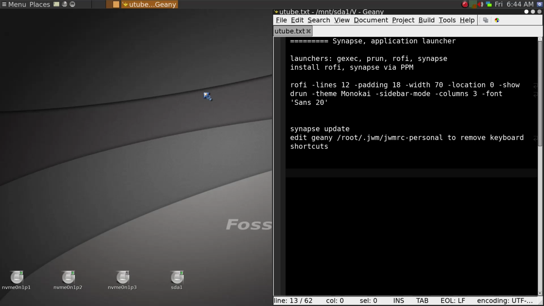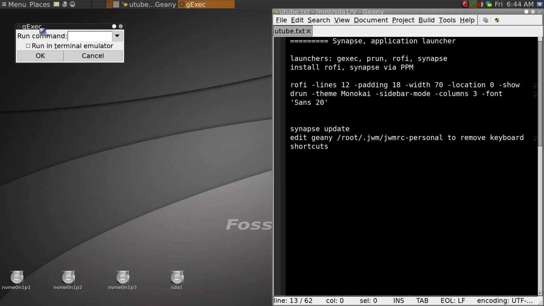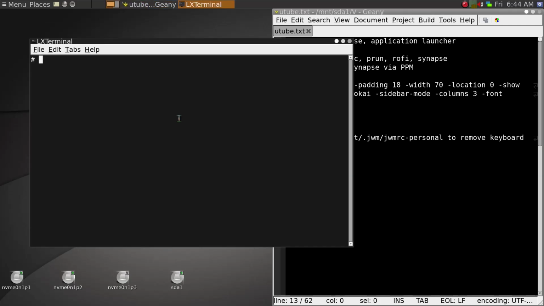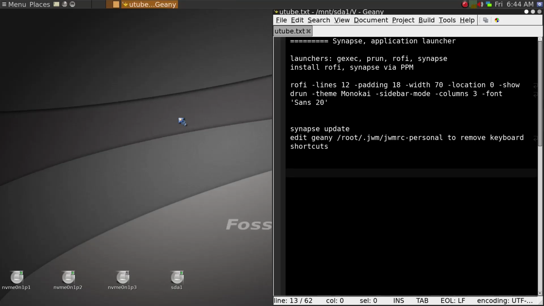Now PuppyLinux 64 does come with a basic application launcher. Alt F2 will bring it up, and this is gexec, which is fairly basic, so you have to pretty much know all the spelling of the application. If you just type in LX termin, it doesn't recognize it as the terminal, so you have to know pretty much the full name, and it is very basic. And in my experience,